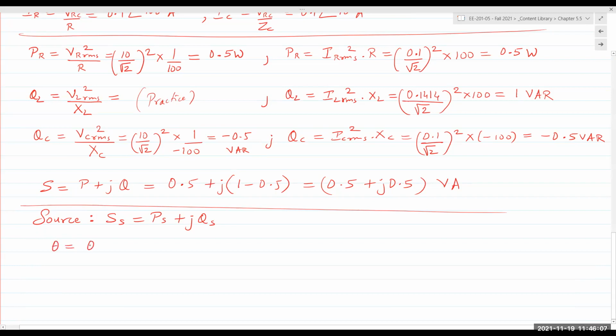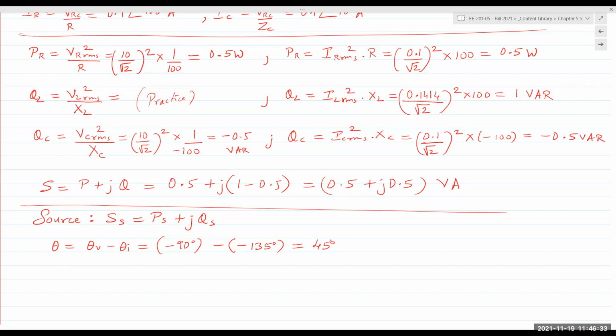Power angle theta is the difference between the phase of the voltage and the current. Voltage has a phase of minus 90. The current has a phase of minus 135. So power angle theta is plus 45. So for the source it is plus 45,